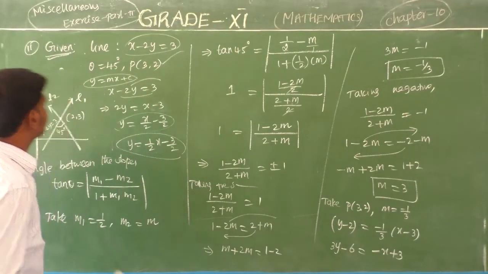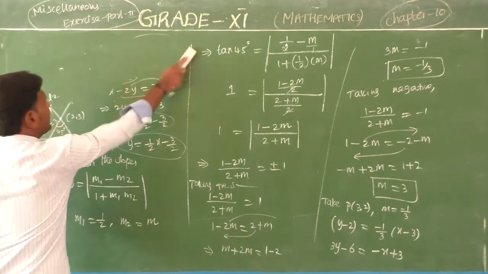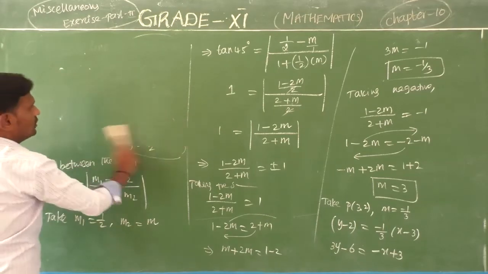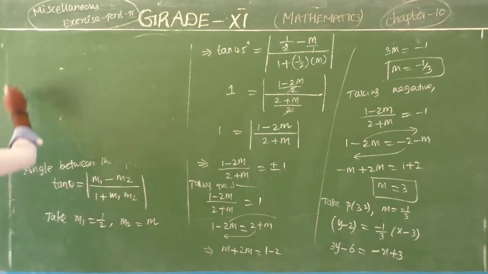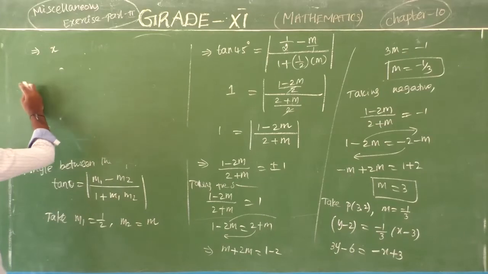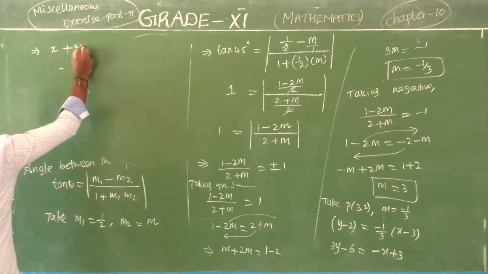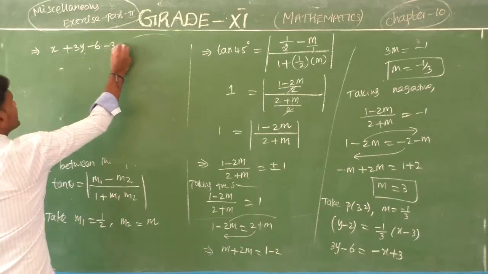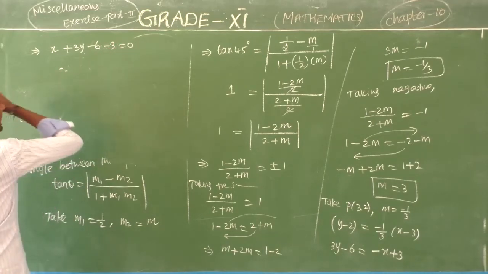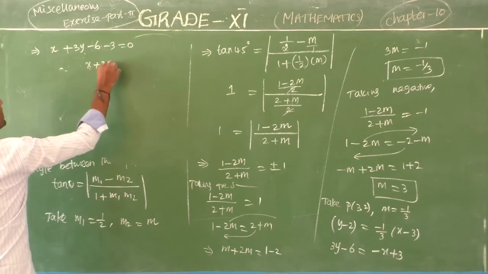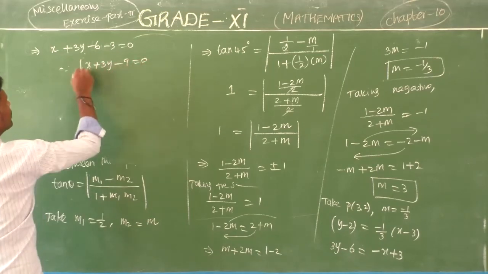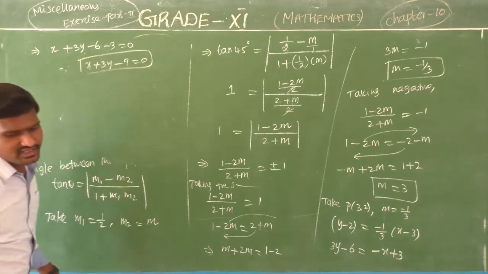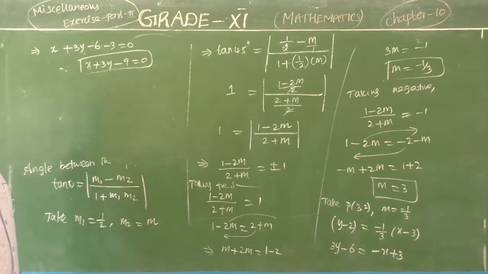Minus x plus 3. And next, simplify that: minus x coming this side becomes plus x, and 6 as well. And already you have 3y minus 6 and plus 3 coming that side, minus 3. So you have the final answer, x plus 3y minus 9 equal to 0. So this is one straight line, one equation of a straight line.